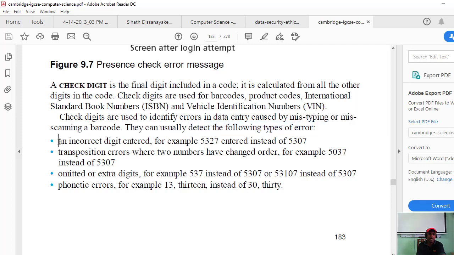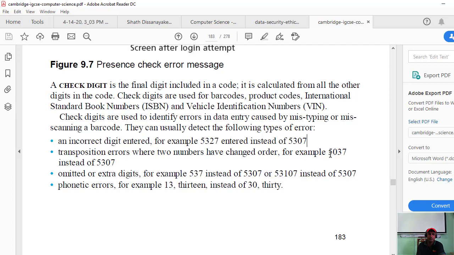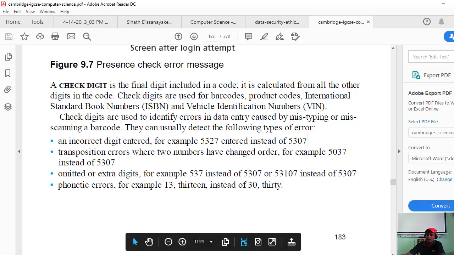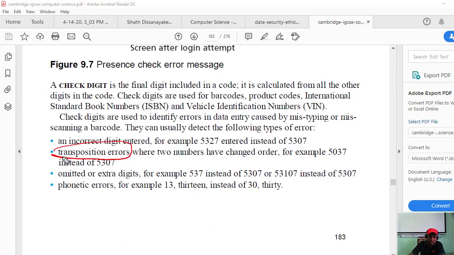First one, an incorrect digit entered. Transposition errors, where two numbers have changed order. For example, see, that's right. So here you remember what transposition errors means: where two numbers have changed order.